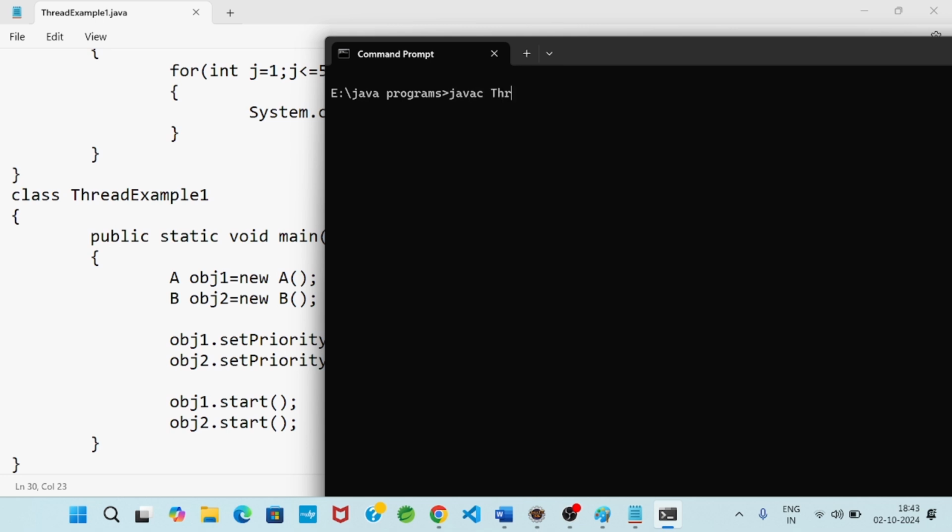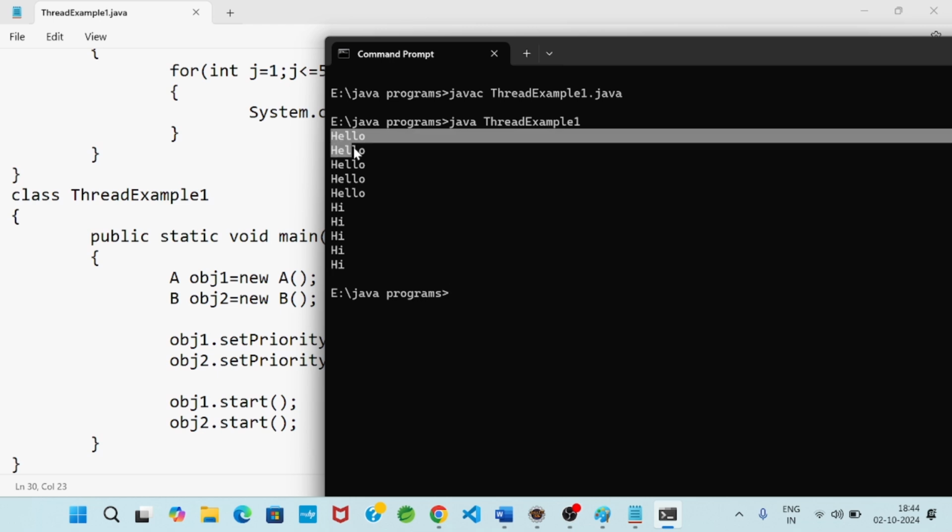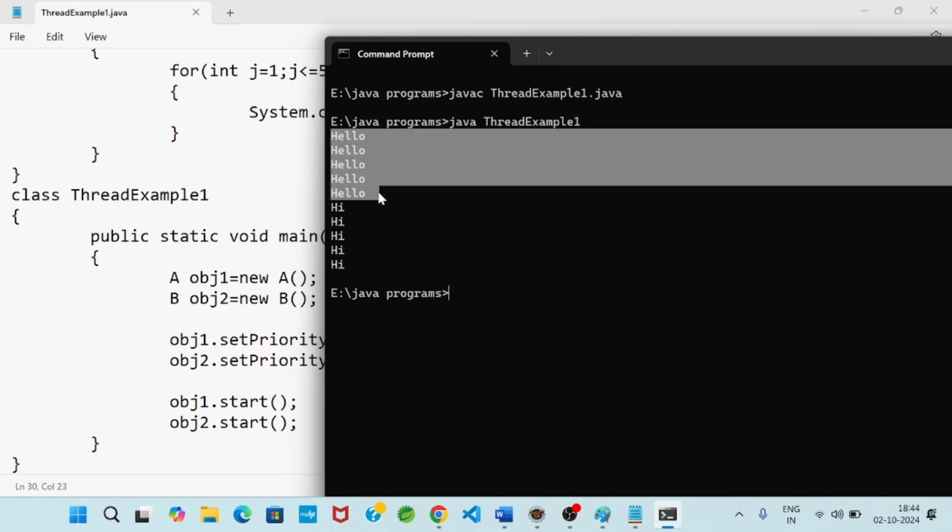javac ThreadExample1.java, then java ThreadExample1. You see, first hello, hello, hello. First, that means B thread execution has been done, from the output we are observing. Why B thread execution?